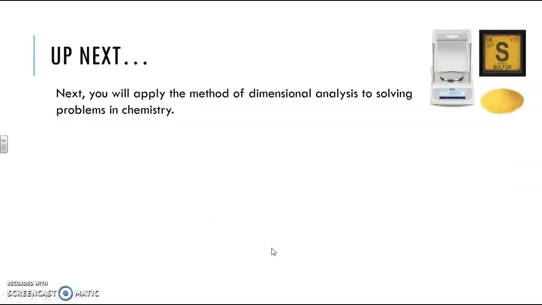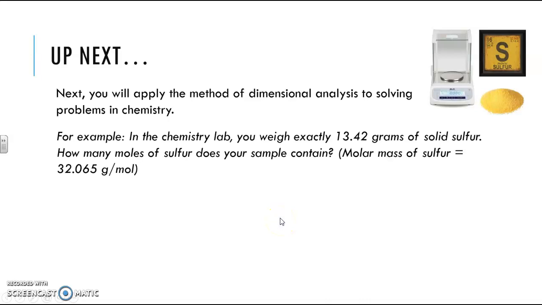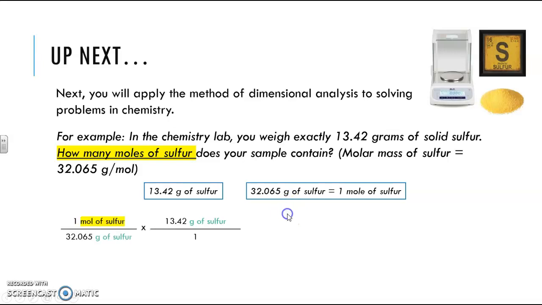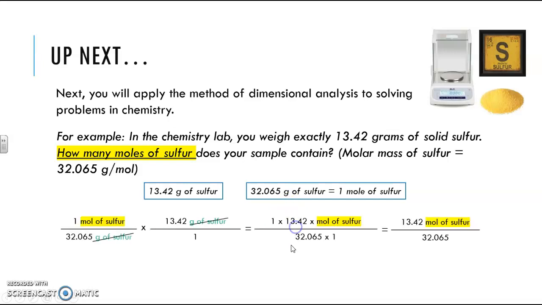And then one more thing is that I want to bring up that coming forward, you're going to be using dimensional analysis to solve problems in chemistry. So what that might look like is that in the chemistry lab, you'd weigh out a certain amount of some substance, let's say sulfur, which is this nice yellow powder. And the question is, how many moles of sulfur does your sample contain? I just want to point out that you can do the exact same process here, and it works out just